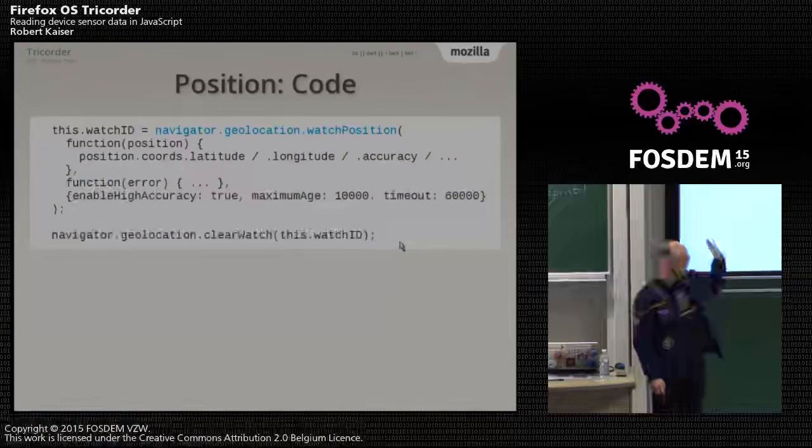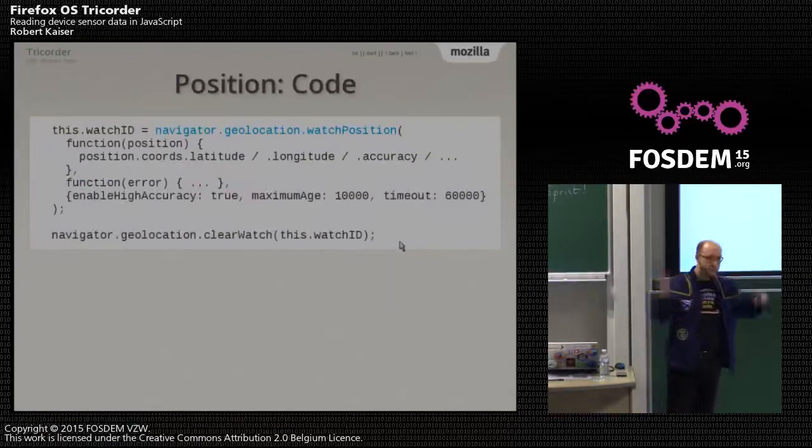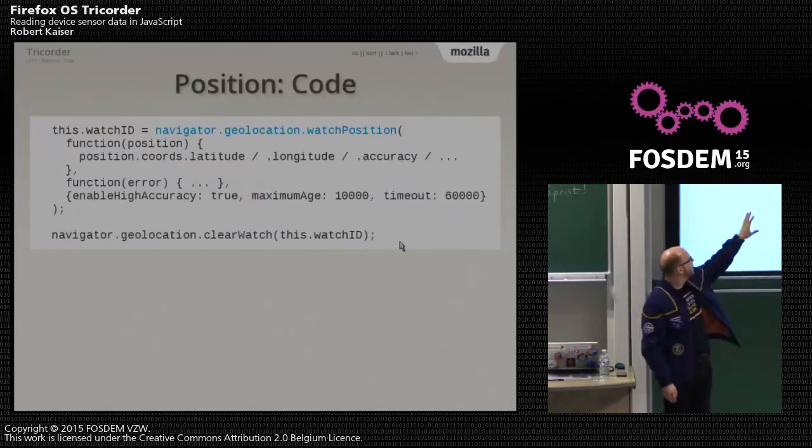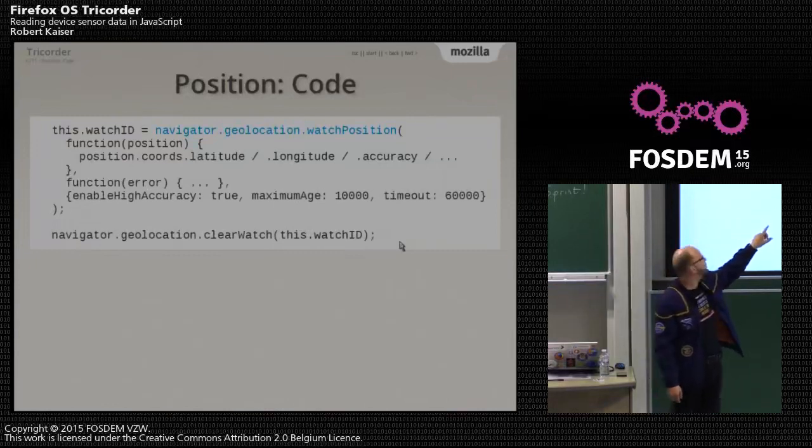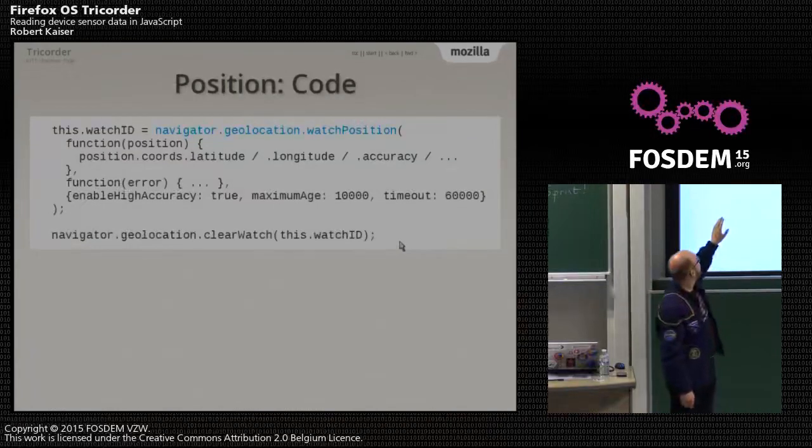So geolocation has two main functions, one to get the current position and one to continuously get the position when you move. This is the one I'm using here, so that's watchPosition on the navigator.geolocation object. Yes, you see the blue there, that's on the slides, that's actually the link to the documentation. And you put a callback in there that has